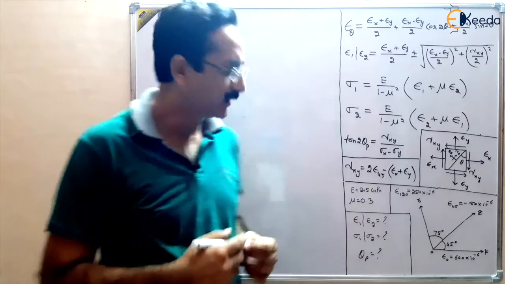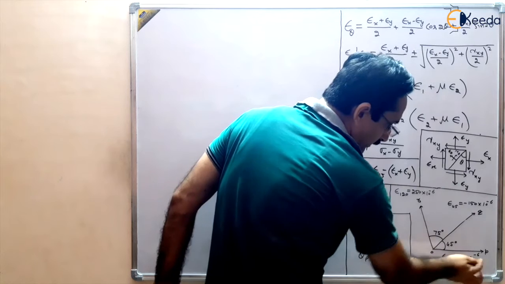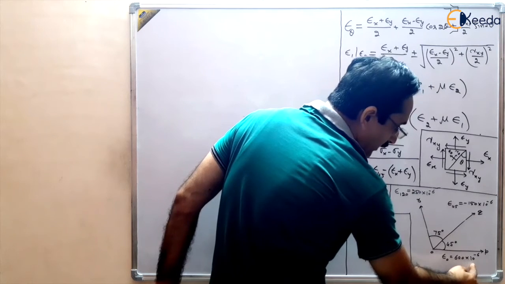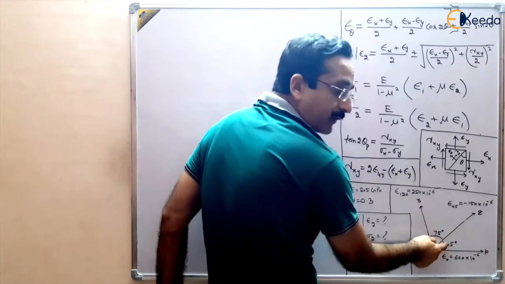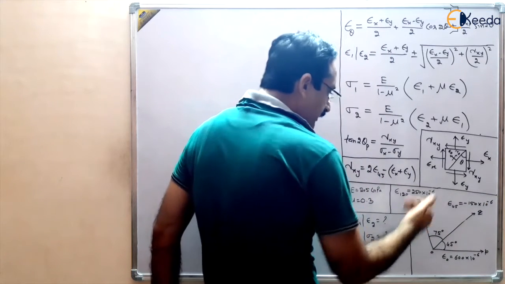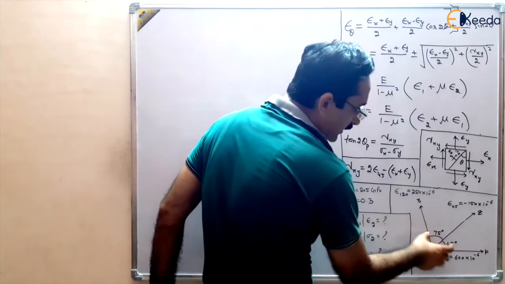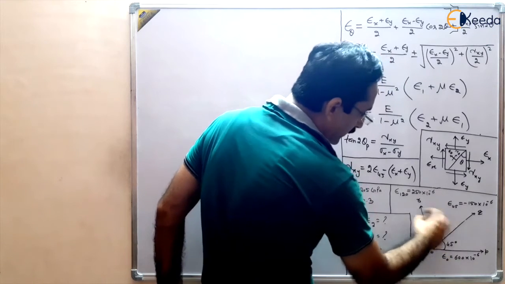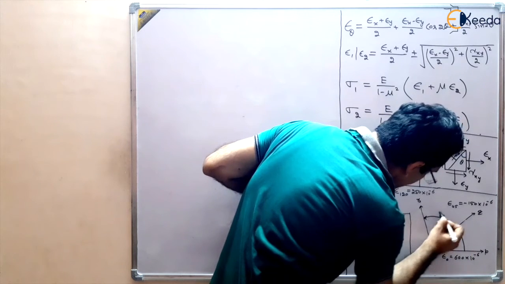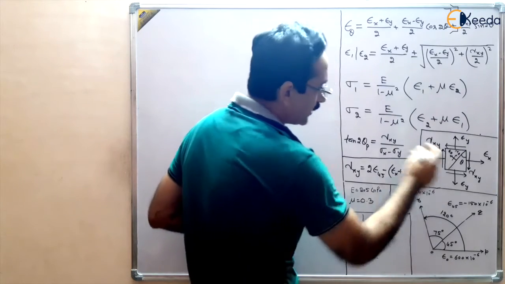In this numerical, we are given a strain rosette in which one strain gauge is applied along the x-axis, given by epsilon 0 degree, with the value 600 × 10^-6. Another gauge is at 45 degrees with the value -150 × 10^-6. And the third gauge is at 120 degrees to the horizontal, since 75 plus 45 becomes 120. So this total angle is 120 degrees, and that's why we have written epsilon 120, given as 250 × 10^-6.